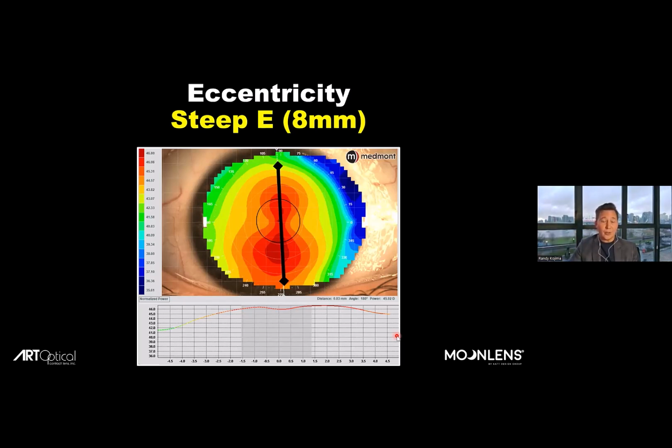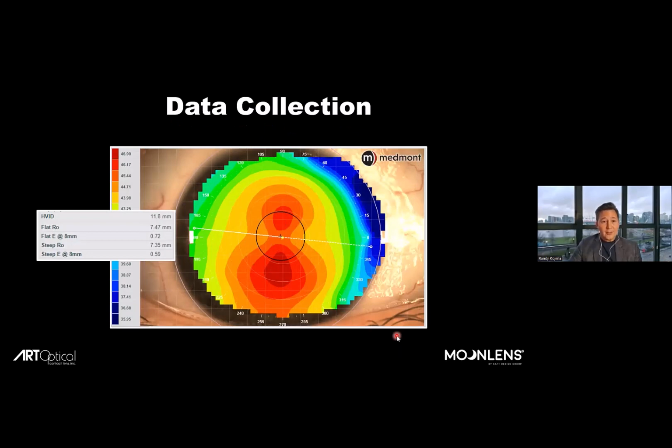So it's one of the ways that the moon lens is very accurately calculated for each eye. Now, this is the data collection we're looking for: the visible iris diameter, size of the cornea, the apical radius, or RO flat, the RO steep, the E value flat, and the E value steep. Now, if you're used to looking at your topographer, or you're brand new to your topographer, and these data points